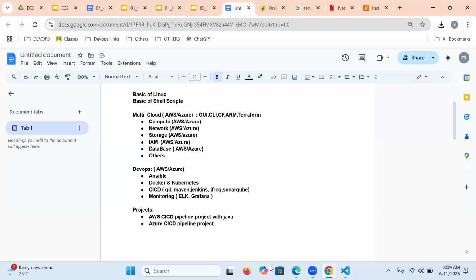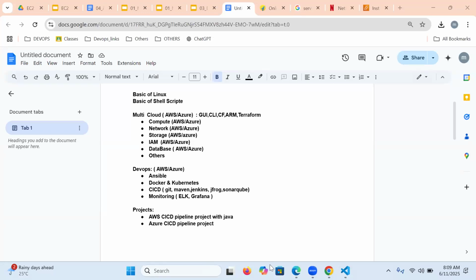My last question. What would be the career prospects after finishing all this successfully? Do we need to do the certification exams? Yes, you can go for AWS certification, Azure certification, and Kubernetes. In DevOps, not the whole, but you can go for individual certificates, like Ansible certification and Docker certification, and then apply for jobs.